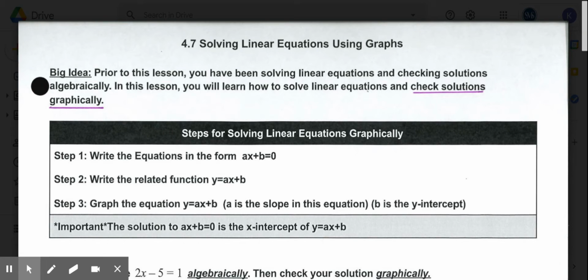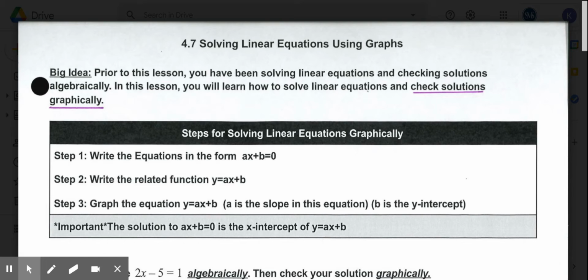Welcome to lesson 4.7, solving linear equations using graphs. So we know there's two different ways to solve linear equations. One is algebraically and one is graphically. So prior to this lesson, you've mainly been solving linear equations in this chapter by using graphs and then checking